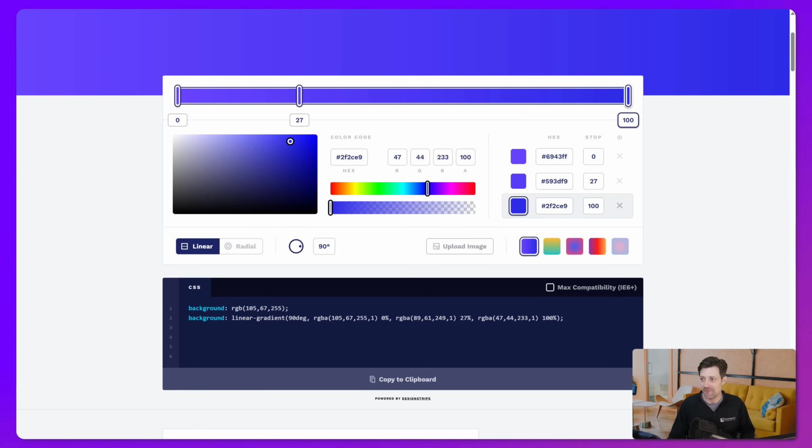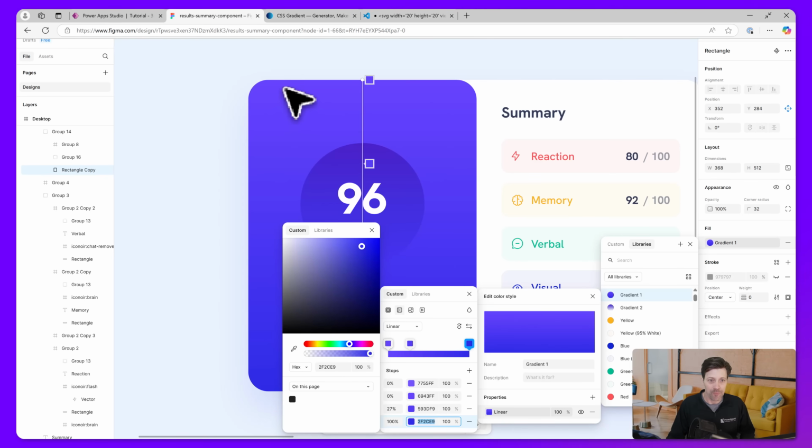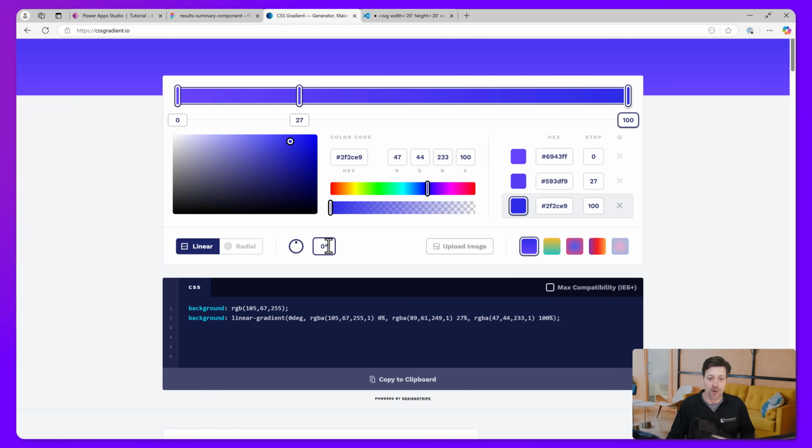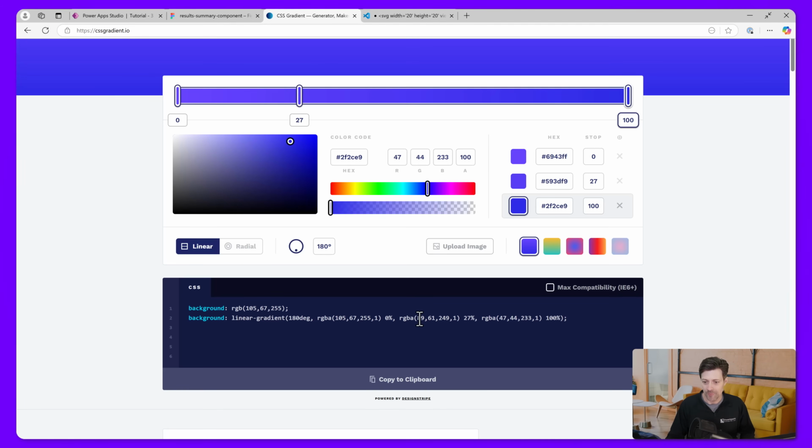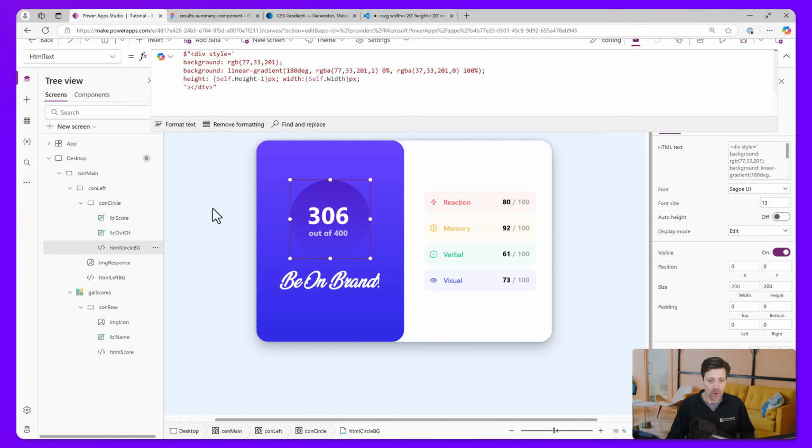Now, this is not a left to right gradient. This is an up and down gradient. So we're going to set our color here at 0. But you'll notice that the dark color is at the top, and in our sample, the light color is at the top. So we need to go 180 degrees. And so then that will put our light color up top, dark color at the bottom. We will come down here, hit copy to clipboard, come back over to our Canvas app,